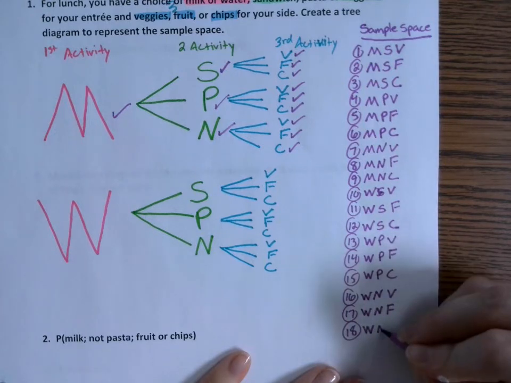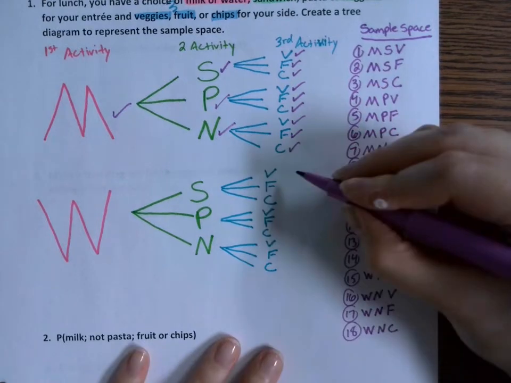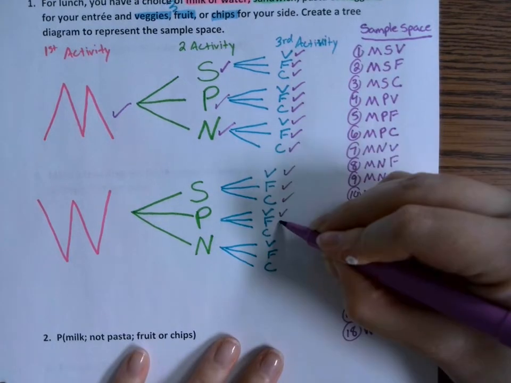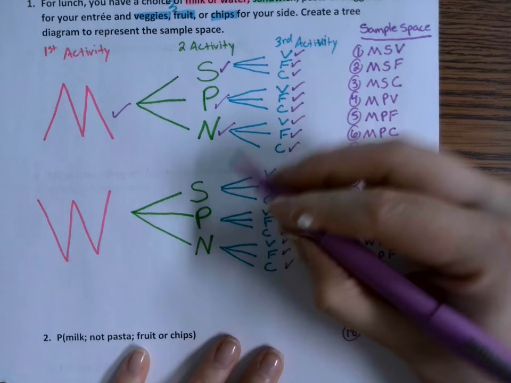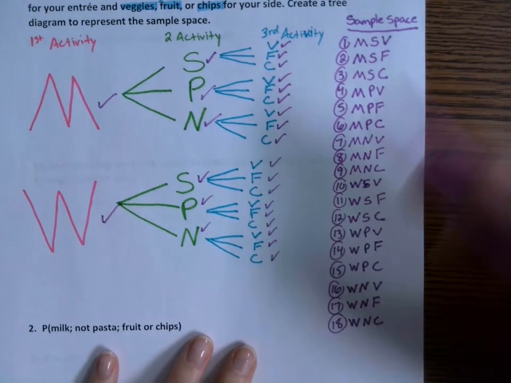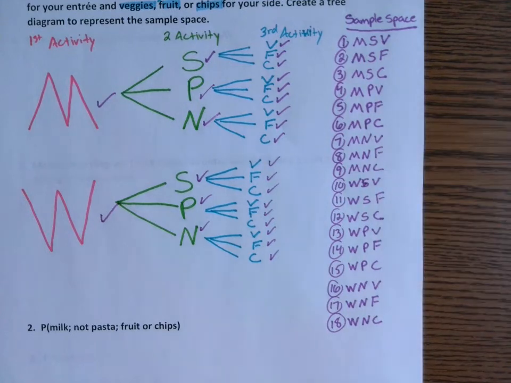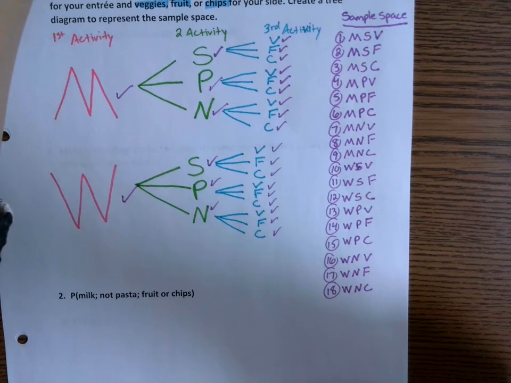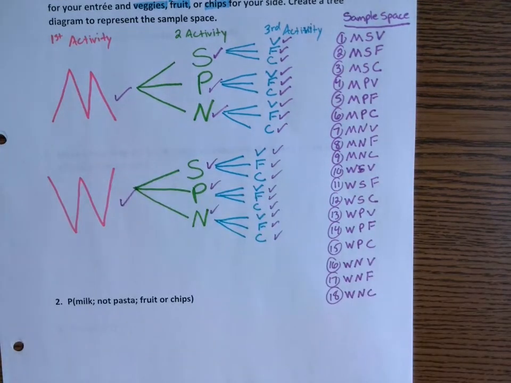All that has been checked off, and we filled in all 18 spots in our sample space. It's a nice, lovely, long map, and seeing the visualization of that map can help you to be able to